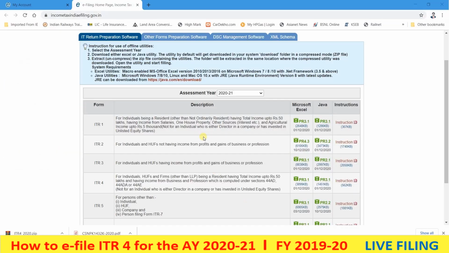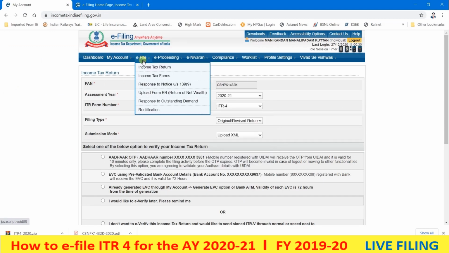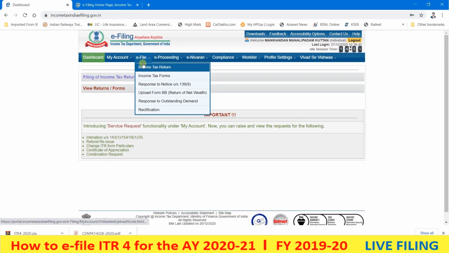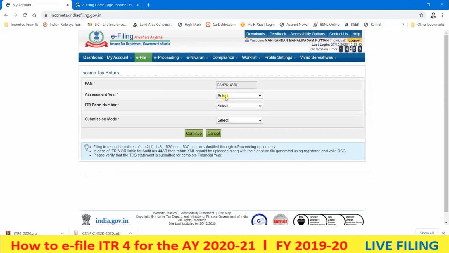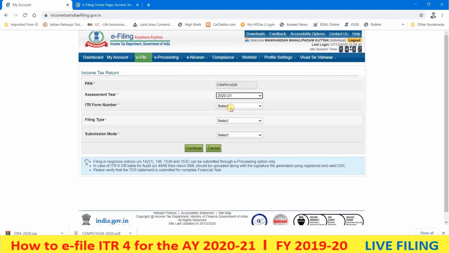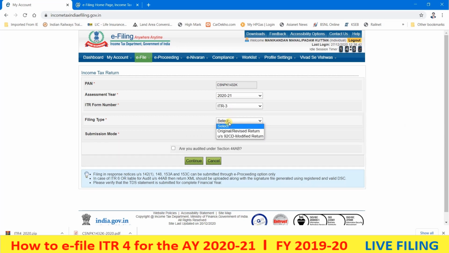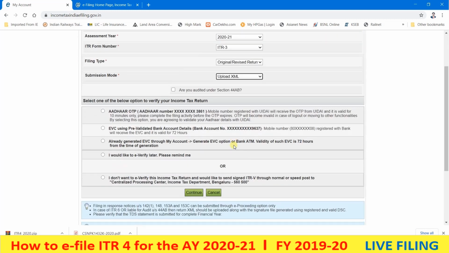Go to the income tax portal. Here go to the e-file option. Click on income tax return. Select the assessment year, ITR form number, filing type, whether it is original or revised. Select that one, and the submission mode, whether upload XML or online. Here select the upload XML option.